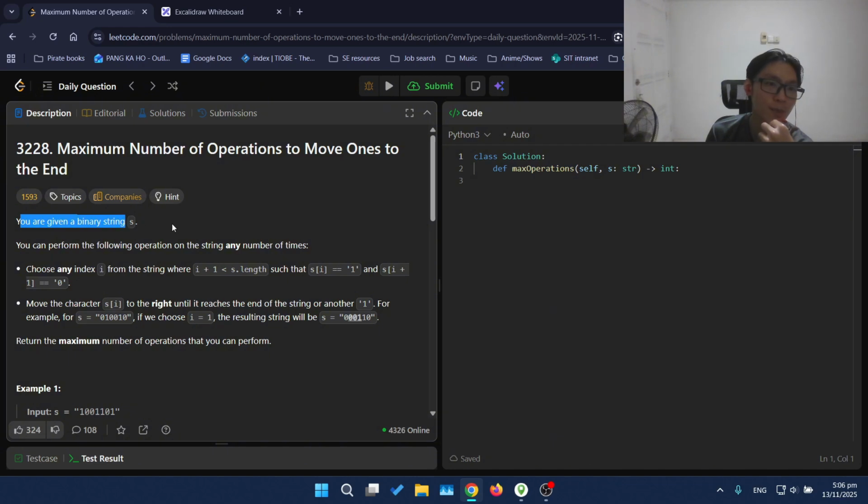Okay, so you're given a binary string S. You can perform the following operations on a string any number of times. Choose any index I from the string where I plus 1 is less than s dot length such that s of I is 1 and s of I plus 1 is 0. You want to move the character s of I to the right until it reaches the end of the string or another 1. For example,